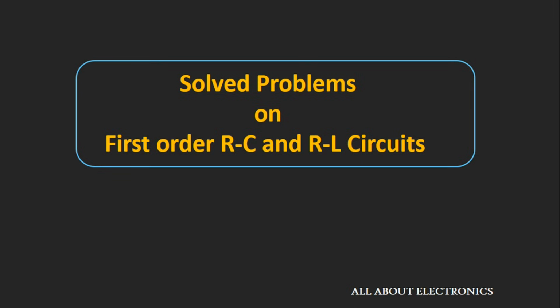So in this video we will solve some problems based on the transient analysis for the first order RC and the RL circuits. In the last couple of videos we had seen how the basic circuit components like resistor, capacitor and inductors behave during this transient. And then after, we derived the expression for the first order RL and the RC circuits. So let's quickly revise what we had seen in the last couple of videos.